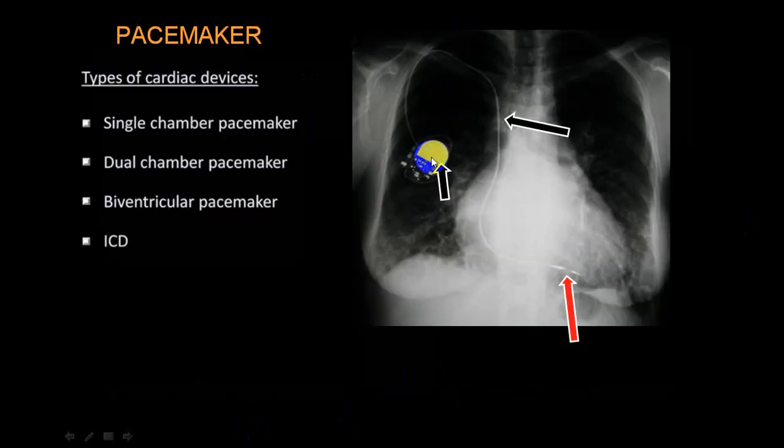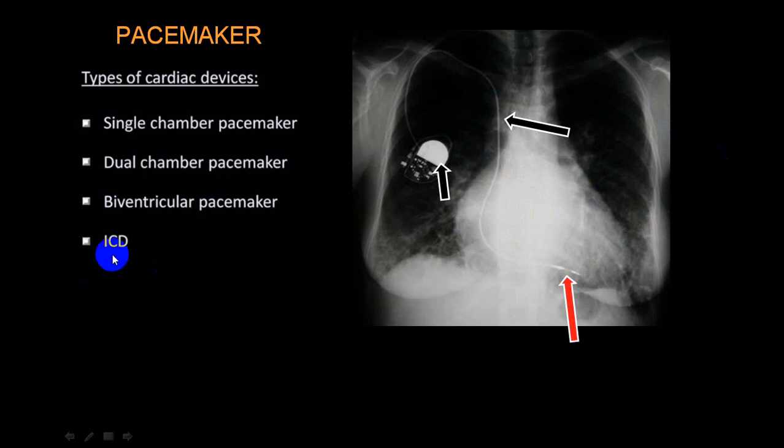This is a pacemaker. You can see a metallic material, and these are the batteries and different parts of a pacemaker. If there is a single wire coming out, it is a single chamber. If there are two wires coming out and going into two different chambers, it is a dual chamber. And if the leads are put into two ventricles, we call it biventricular. By and large, a biventricular is always with atrial pacing, so it is a triple chamber pacing.